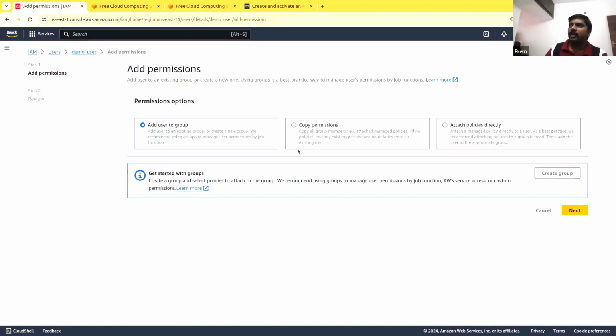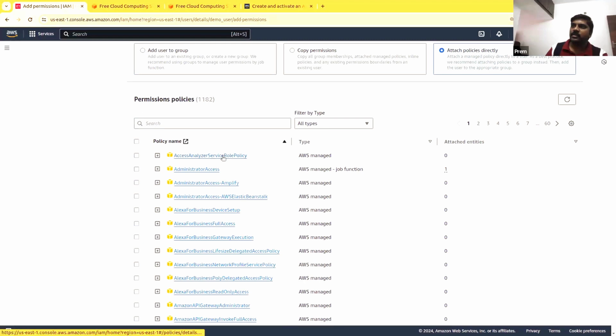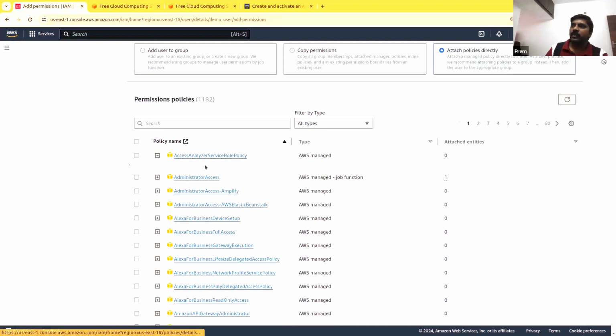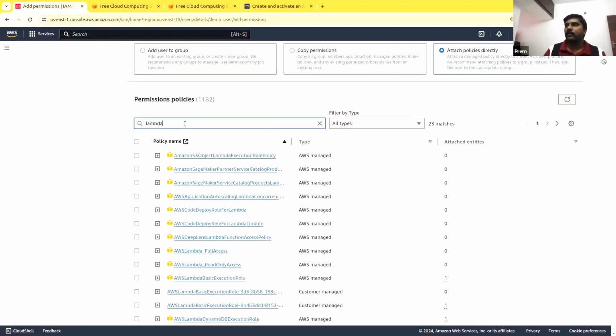As I said, if I have created policies and attached them to a group, I can just assign that user to that group so that he will get access from the group, or I can attach a policy directly from here. These are all the policies that you have. You can see there are policies for different services and different levels of services. Let us see, for example, Lambda or EC2.